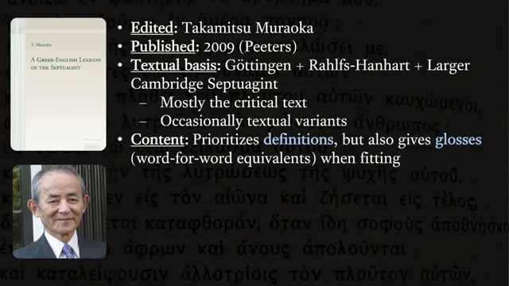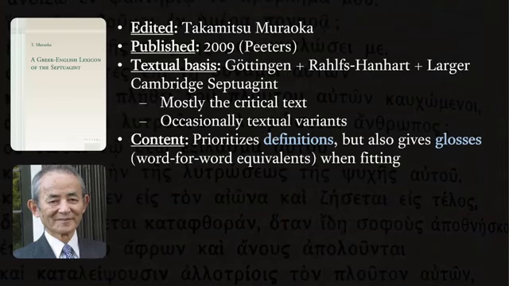What he's going to try to do is explain what a word means with a sentence, which he finds to be more useful than simply giving an English word-for-word gloss or equivalent. He does sometimes do that, as we'll see, but his main goal is to describe the semantic range of a given word.